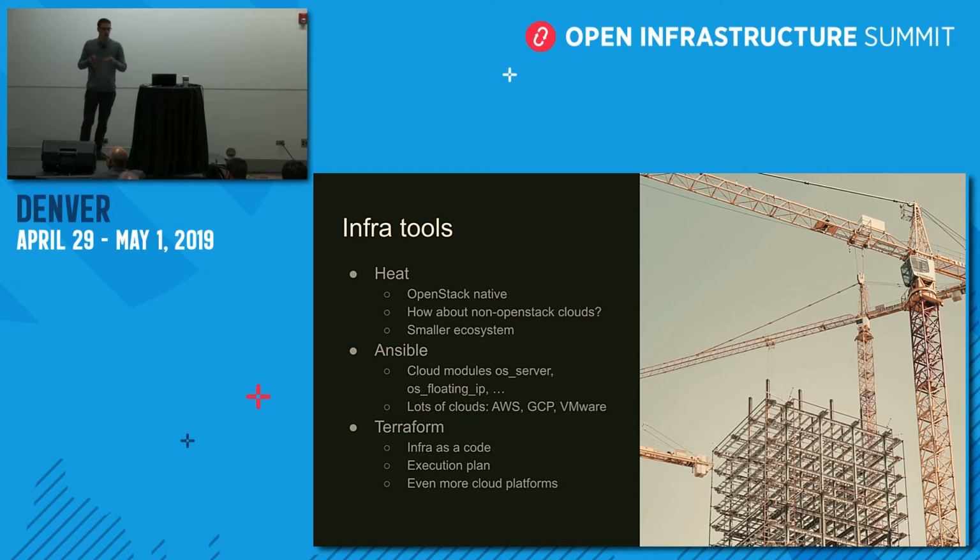This is really useful. Ansible is fairly easy to get started with. Most likely you use it already in your infrastructure, or it's an extremely popular tool. So this is kind of nice. And the nice thing with Ansible is it also has modules for AWS, Google Cloud, VMware, and a bunch of other clouds. So you're not stuck with one option. Now you can really do cross-technology multi-cloud as well.